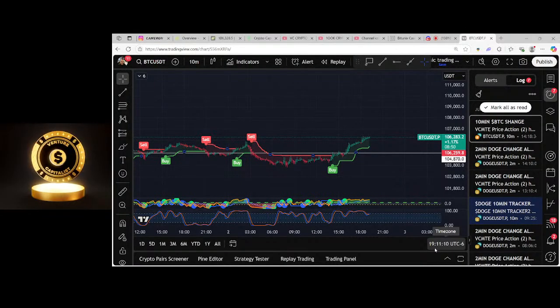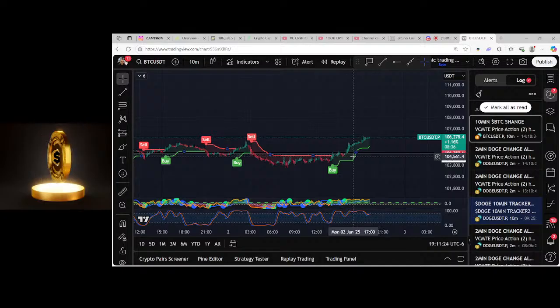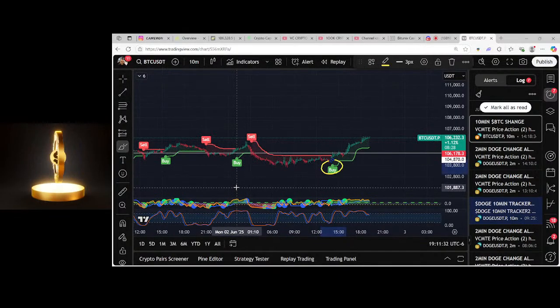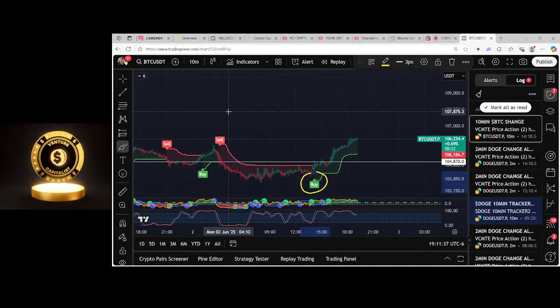Currently it's in the time zone of 19:11:11, so it's army time. So basically 7:11 time. Now my alert is telling me that it went off at 14:18. So if I go to my chart and scroll down and look for Monday the 2nd at 14:18 right here, you can see that it's talking about this alert. So today at 2:18, I got an alert that told me that I should be buying Bitcoin,